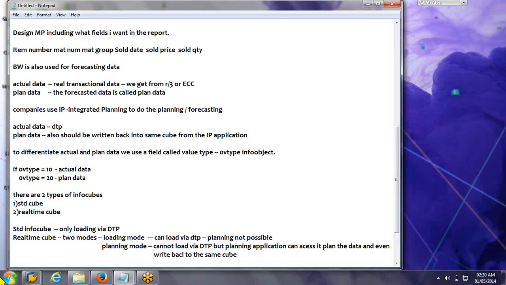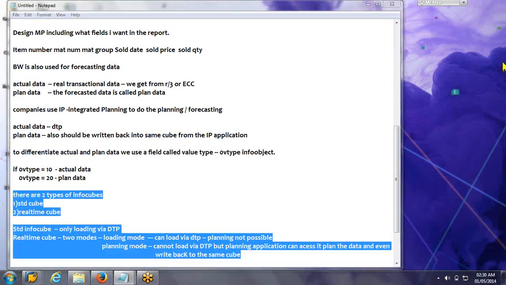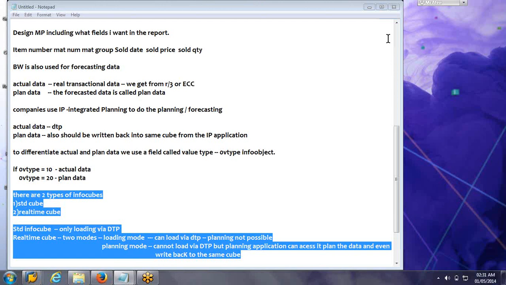Okay. So first we understood what is planning, actual data, plan data. Then we understood this process. Okay. So this is a real-time view wherein I can. So for real-time view,